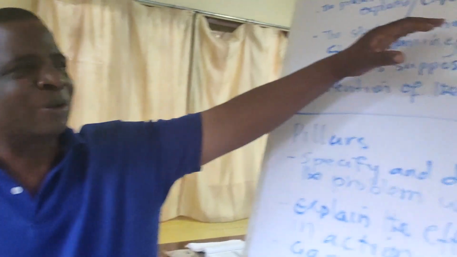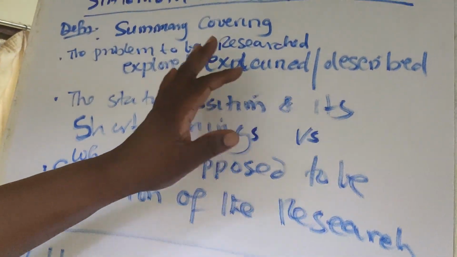Let's say we have a problem that, based on the literature review and based on the sensory observation, one could have noted that elderly people are not receiving, or accorded, or treated well when they go to seek medical treatment at the facilities in Tanzania. Okay, so that is a problem. So you say, okay, I'm going to explain or